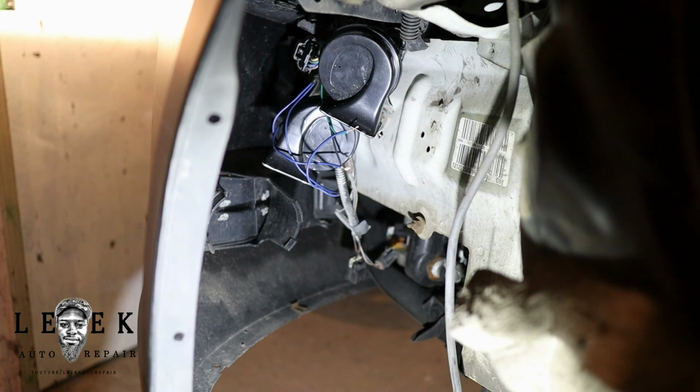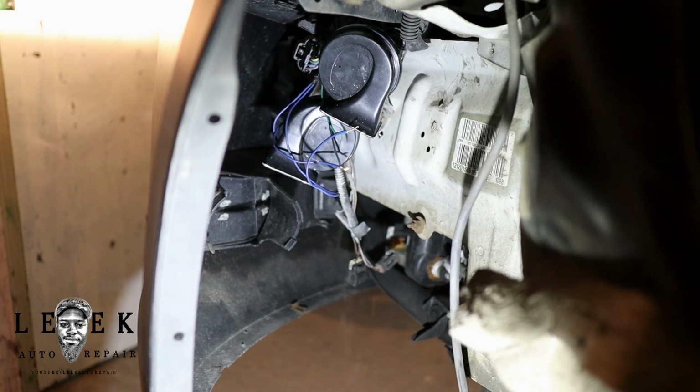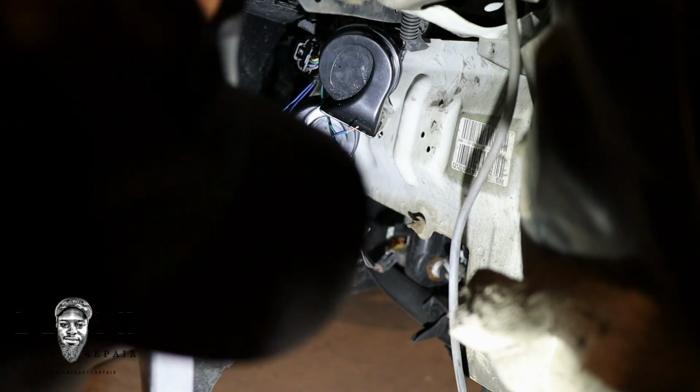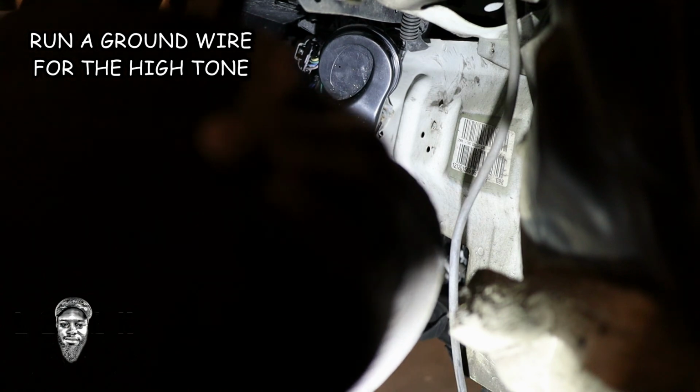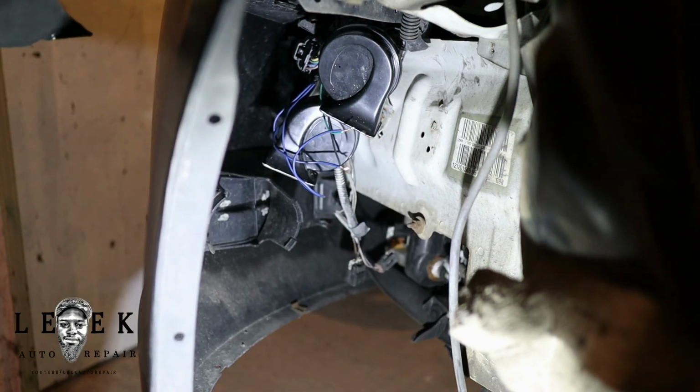So let's try the horn. It might sound bad. Oh my God, let's try it again. Alright, that doesn't sound that bad. This is a high and low horn. So now I'm going to get these wires all nice and secured. I just have them twisted together, but I'm going to get those twisted together real good and get electrical tape on the joint, and then